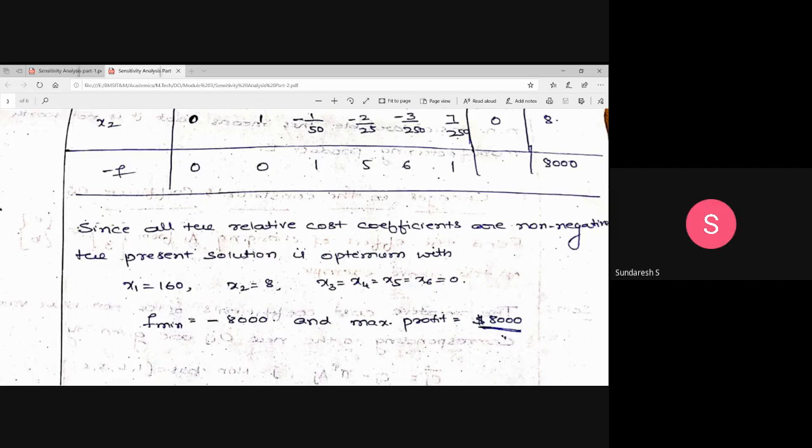Next, the problem number 50. This is as usual